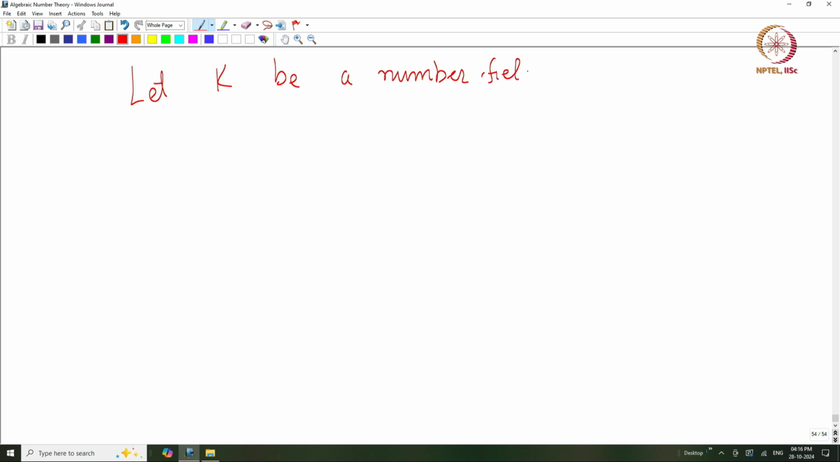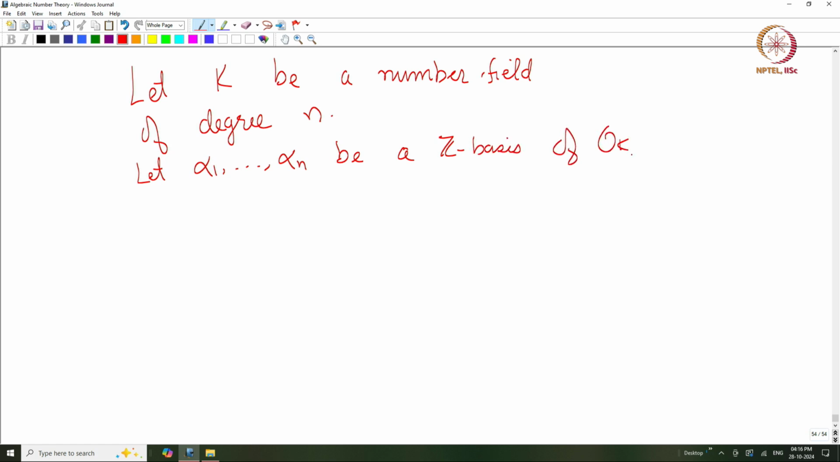So, let me recall again what the definition of discriminant is, and we will prove its properties today. Okay. So, let K be a number field of degree n, then we know that OK is a free Z module of rank n. So, let alpha 1 up to alpha n be a Z basis of OK. This is also called integral basis of OK,